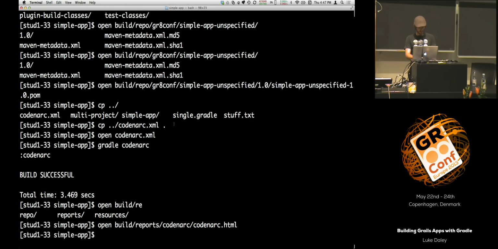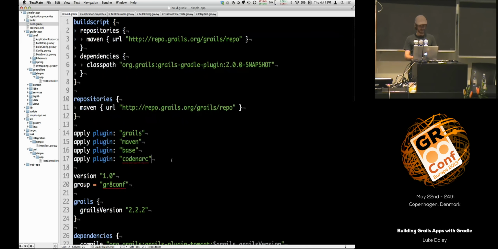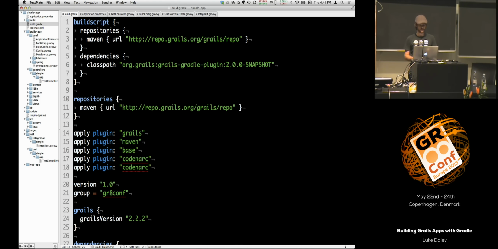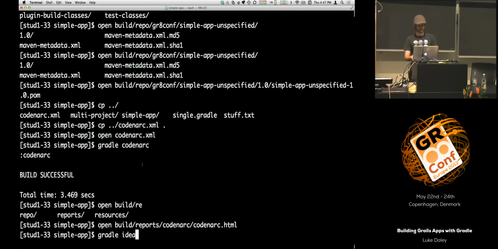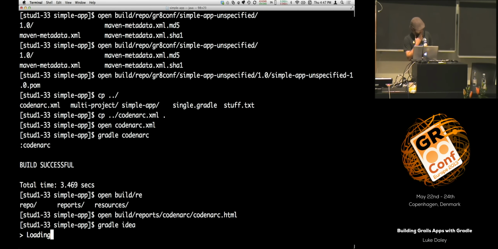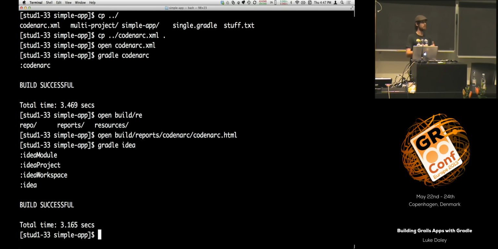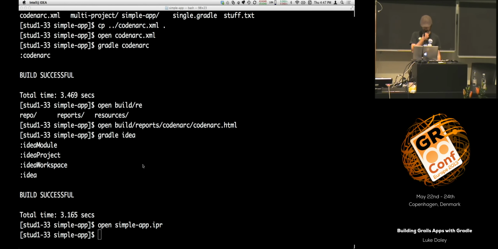The next thing I want to take a look at is IDE support. What does it mean if you're going to be using this kind of mode? I'm going to use IDEA, so I need to add the Gradle IDEA plugin. If I run that, it's going to generate IDEA metadata that I can then use to import this project. So if I run, to open it up,